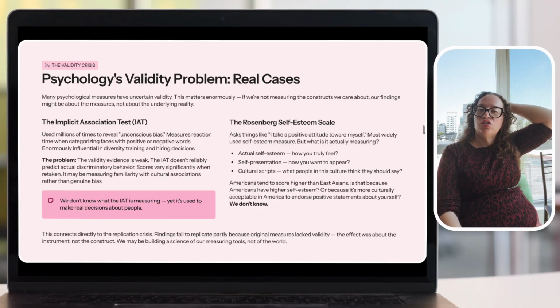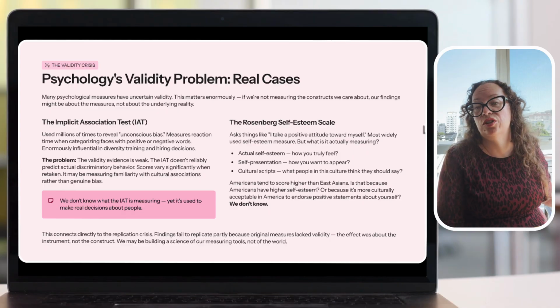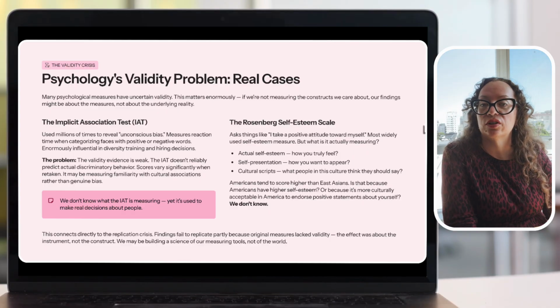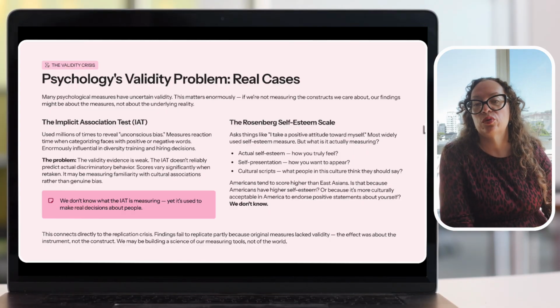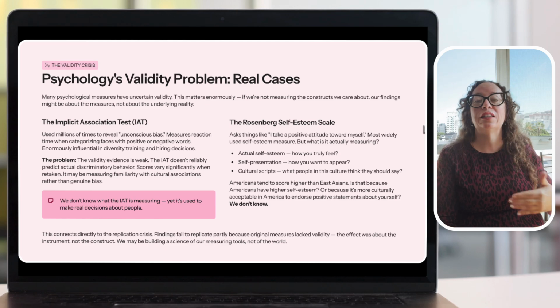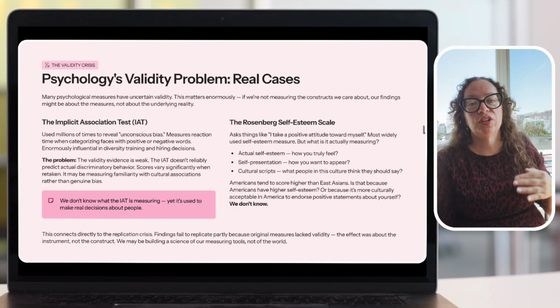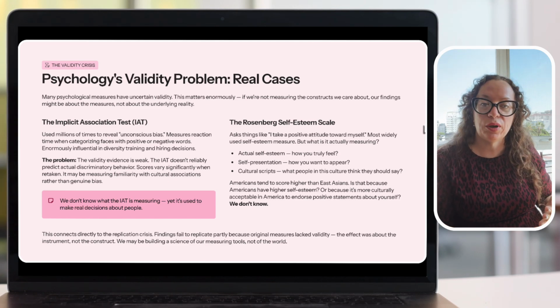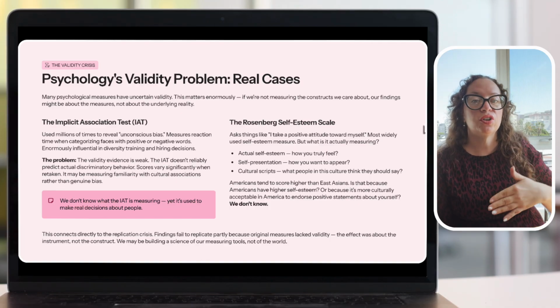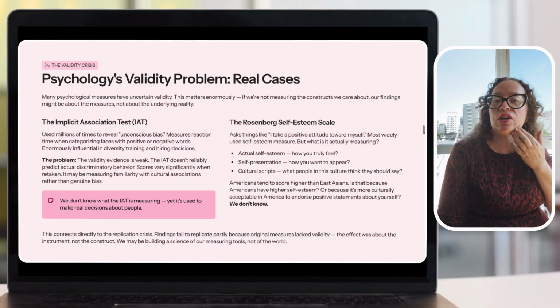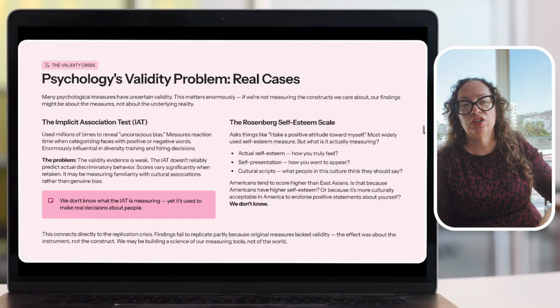So psychology has a validity problem in its research. Many of our measures have uncertain validity. We don't always know whether we're measuring what we think we're measuring, and this matters a lot. Because if we're not measuring the constructs we care about, our findings might be about the measures, not about the actual underlying reality. So as an example, implicit association tests,